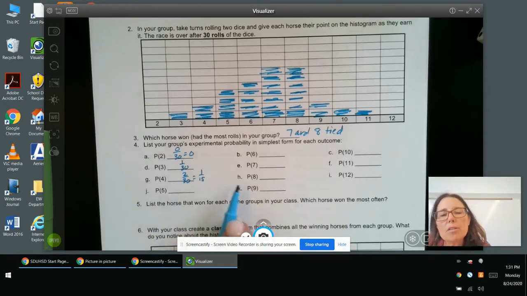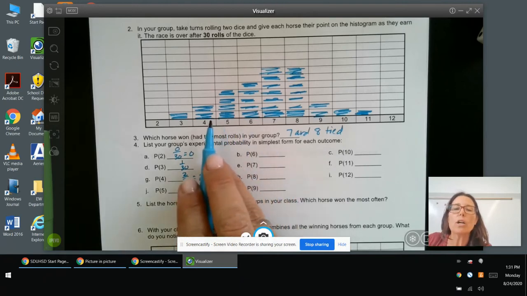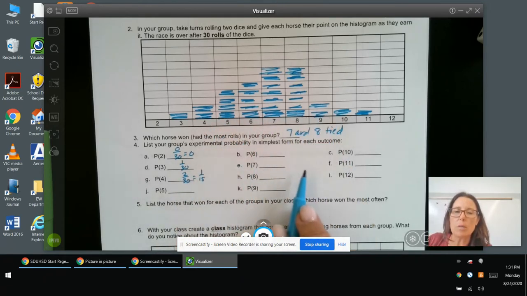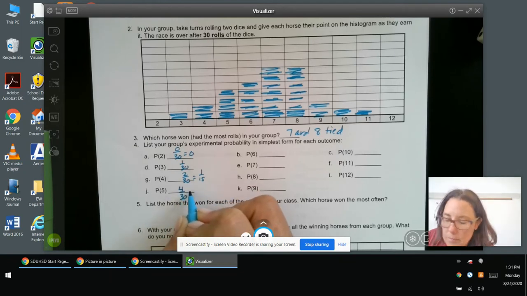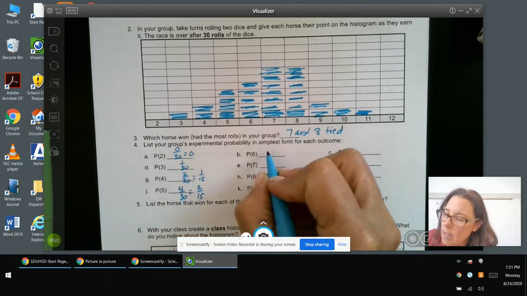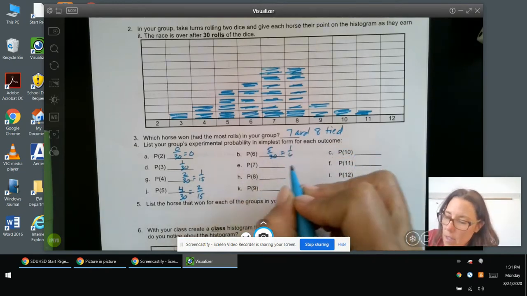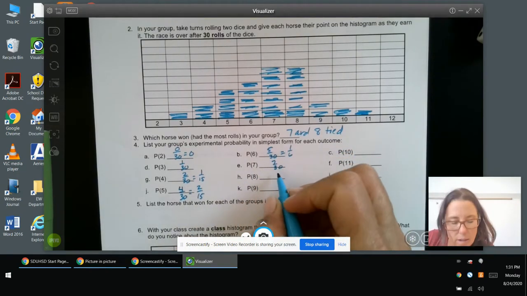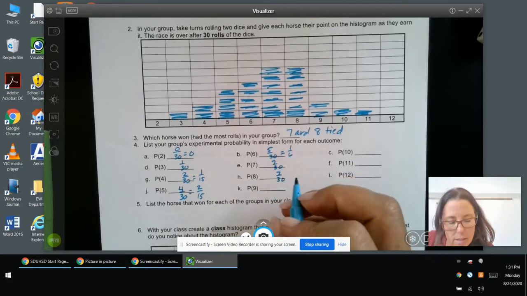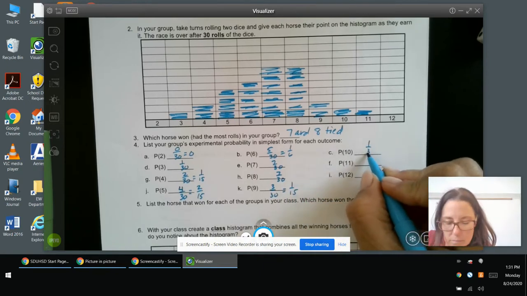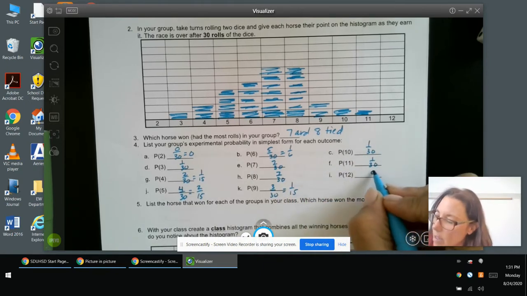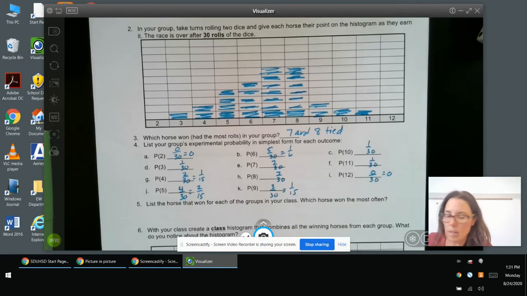So go ahead and you can pause me, and I want you to fill this out for your data. Yours is going to be different than mine. So go ahead and pause me, and I'll continue to fill mine in. Okay, so